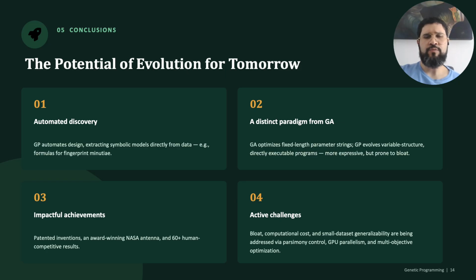Genetic programming is, in short, a Darwinian invention machine, and we think it is one of the more elegant ideas in